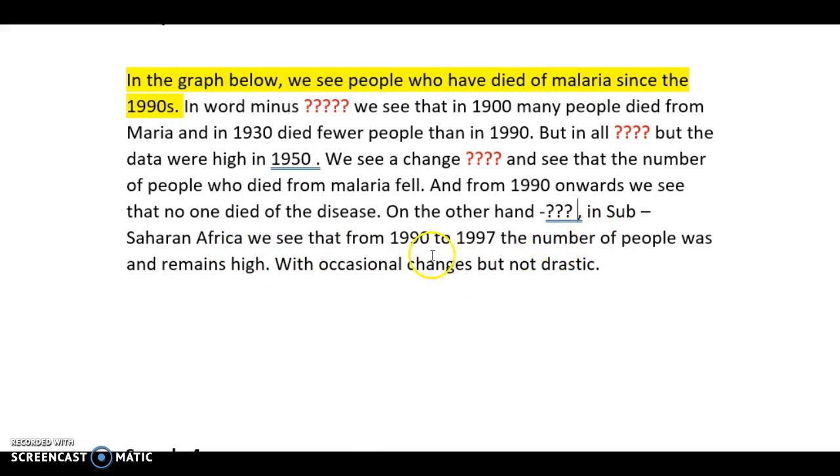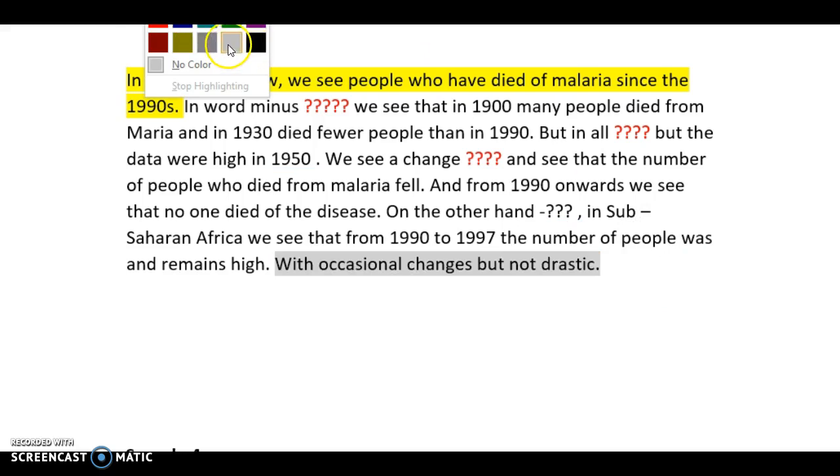We see that from 1919 to 1997, the people died and remains high with occasional changes but not drastic. We've got a problem. What is this? What does this relate to? Okay? I'm not sure what this relates to. So basically what we have here